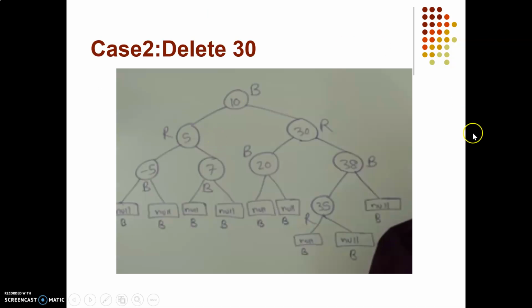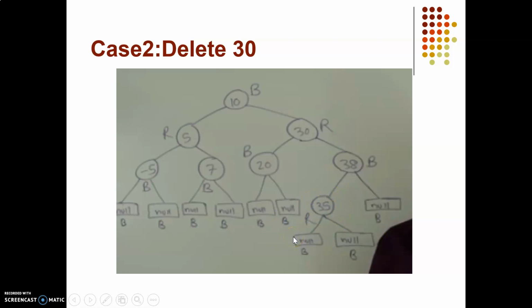So let's see. Let us suppose this is my red black tree. Root is black. Each path has an equal number of black nodes and there are no consecutive reds. Let us suppose the first case is that I'm deleting 30. 30 is a node which has two children. Like in BST, we replace it by the in-order successor or in-order predecessor. If we replace it by the in-order successor, it will be replaced by 35. So 35 will come here and 30 will go here. Again, 30 is a red node, so deletion of this node will not bring any change in my red-black tree because the number of black nodes should be the same. So we are going to directly delete this red node.